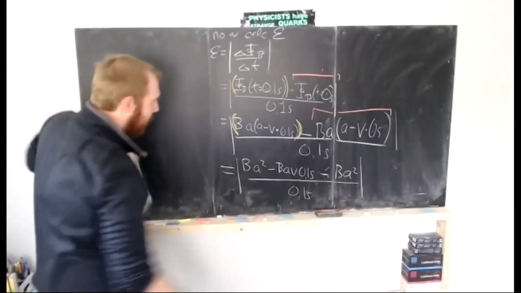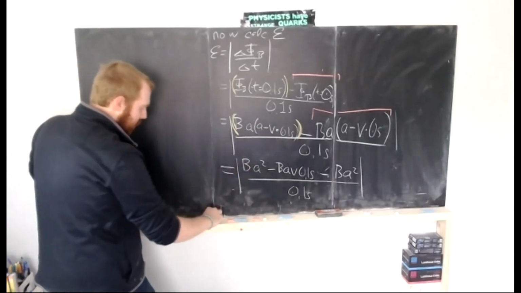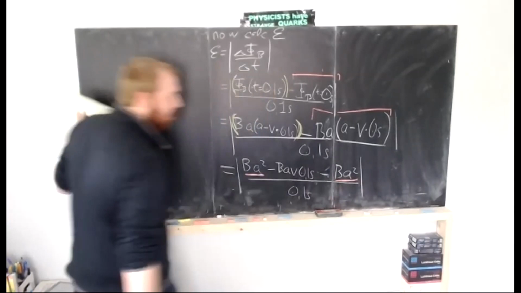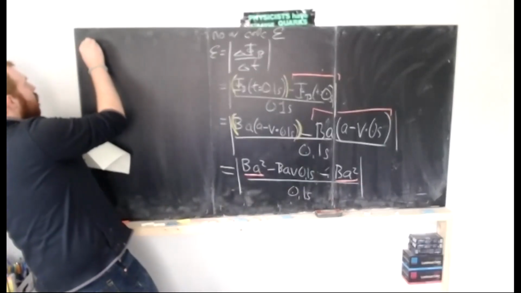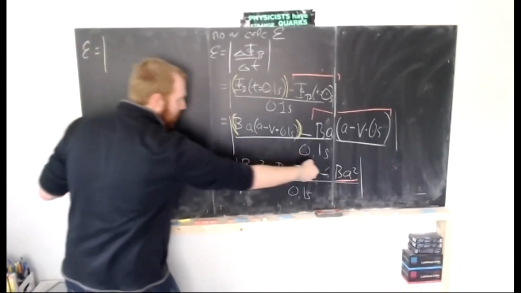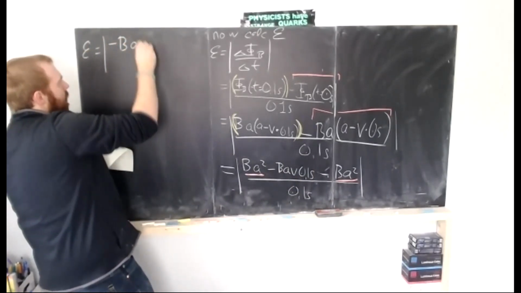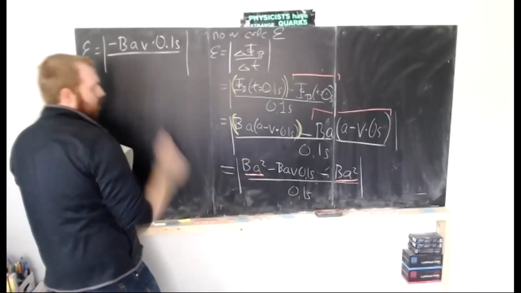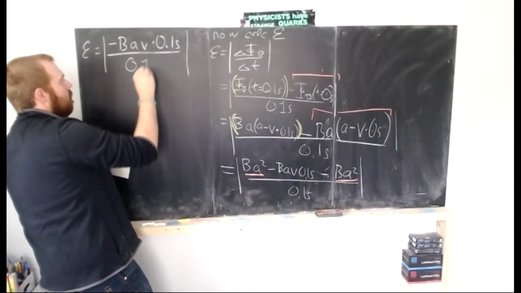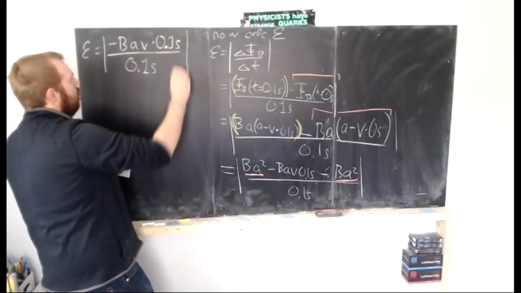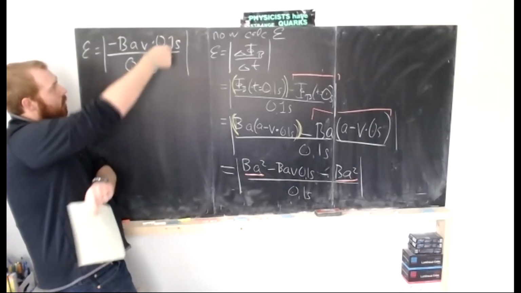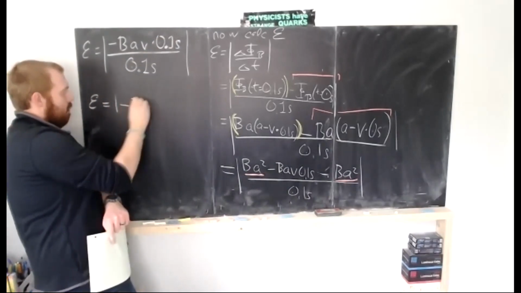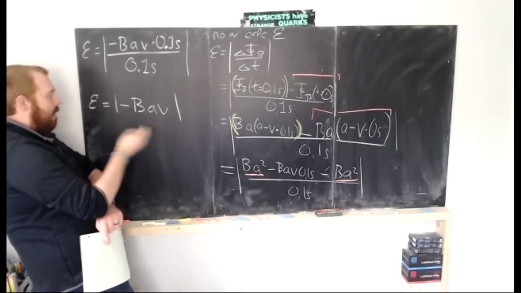All right, so from here to here, I just multiplied things out through the parentheses. And now look, I've got a BA squared minus a BA squared, so I just cancel those out. The EMF is equal to minus the term that survives, minus VAV times 0.1 seconds, all divided by that delta T from the denominator. Well, fancy that, 0.1 seconds divided by 0.1 seconds. The EMF is just minus VAV. And since we're taking the absolute value,